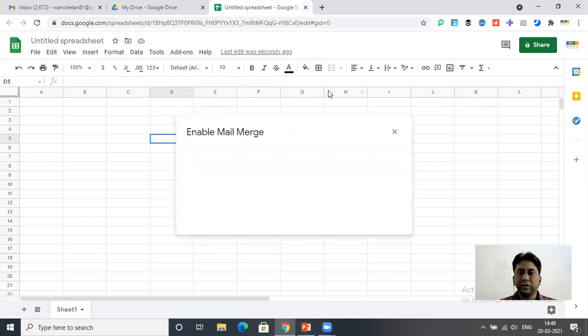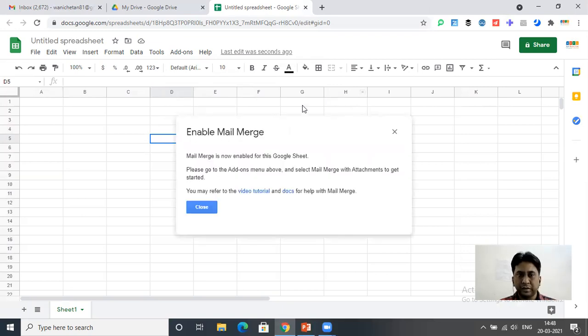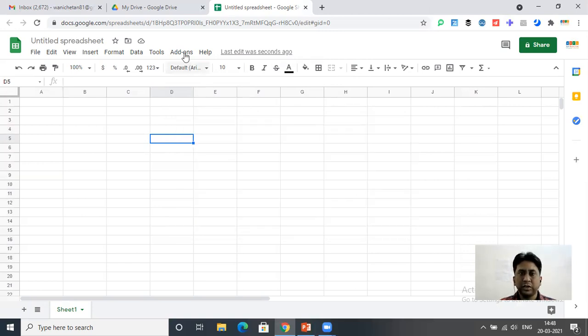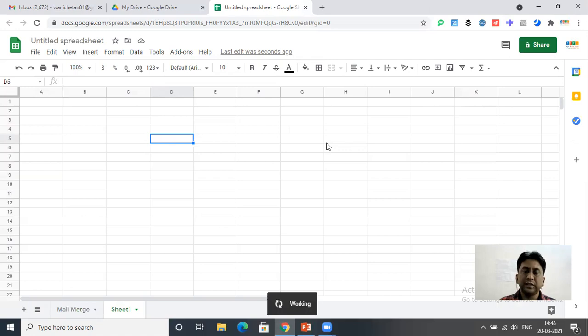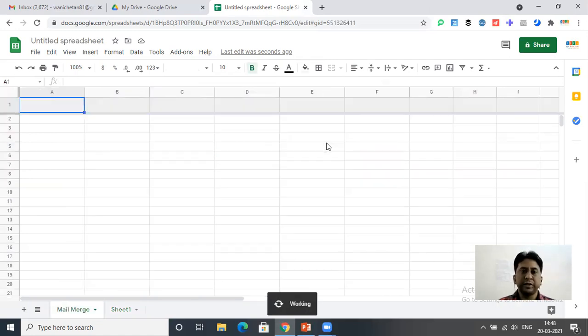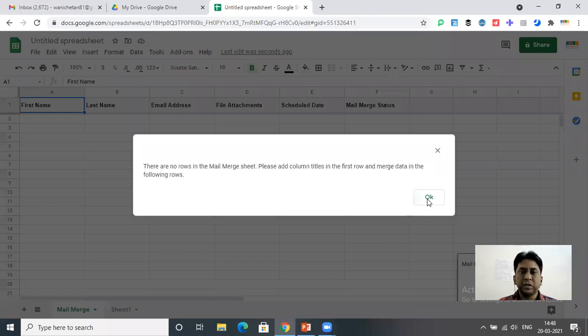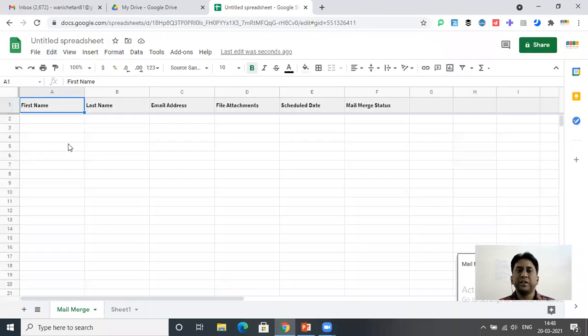So now for this sheet, mail merge is getting enabled. So again, click on add-on and then configure mail merge. First we have to enable it, then we have to configure it. It's an automatic process. So now this header has come: first name, last name, middle name, email address, attachments. So now you can send emails on a personalized note. You have to just fill in their names, and Gmail will send personalized messages for job openings to that candidate.